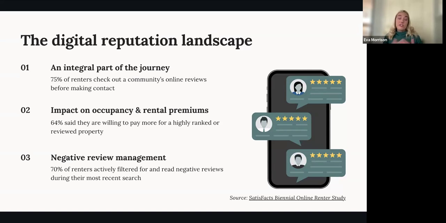A negative review can dramatically derail someone's journey. That will stick with people, often more than the positive reviews that are left. So having a process in place to respond quickly, to get out ahead of it, and actually prevent those negative reviews from occurring is super important and can help us move more folks through the funnel, get them into these communities and get those leases signed.